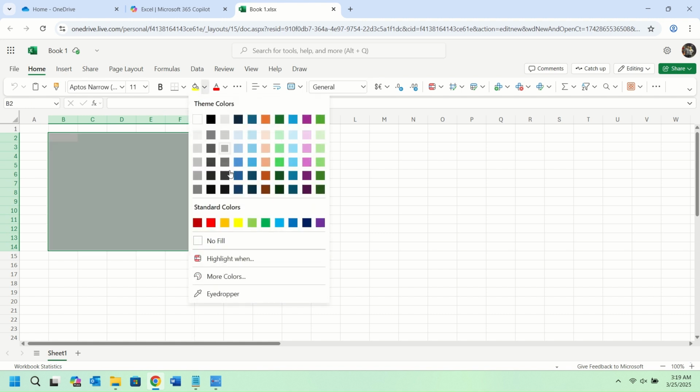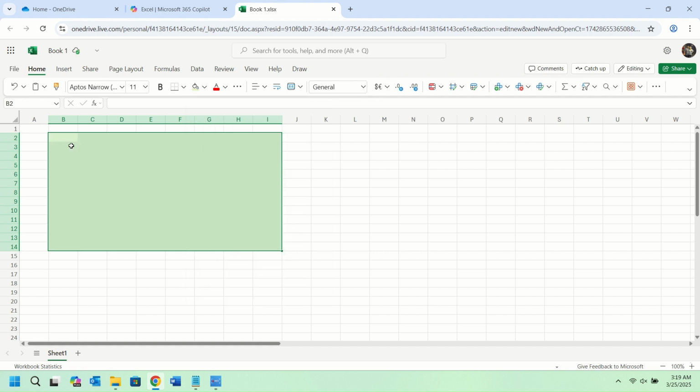Okay, I'm just going to put a background color here, and then for our heading we'll skip this column and this row and this column, and we'll start here, and we will say